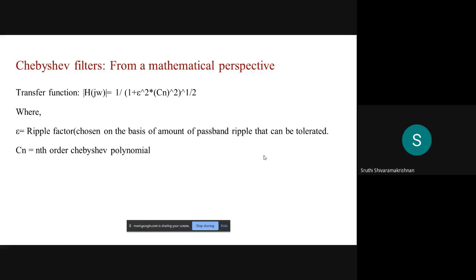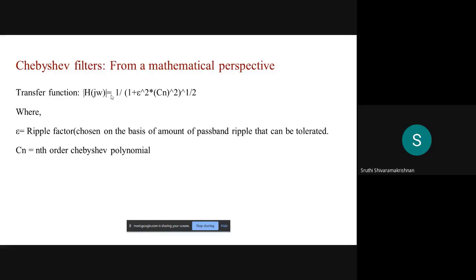So let's see it from a mathematical perspective, as we'll have to design it now. First, we find the transfer function, because the transfer function is basically going to give us the gain. So it is Vout by Vin. If you must have designed amplifiers in previous semesters, you know that you do Vout by Vin to find the gain.